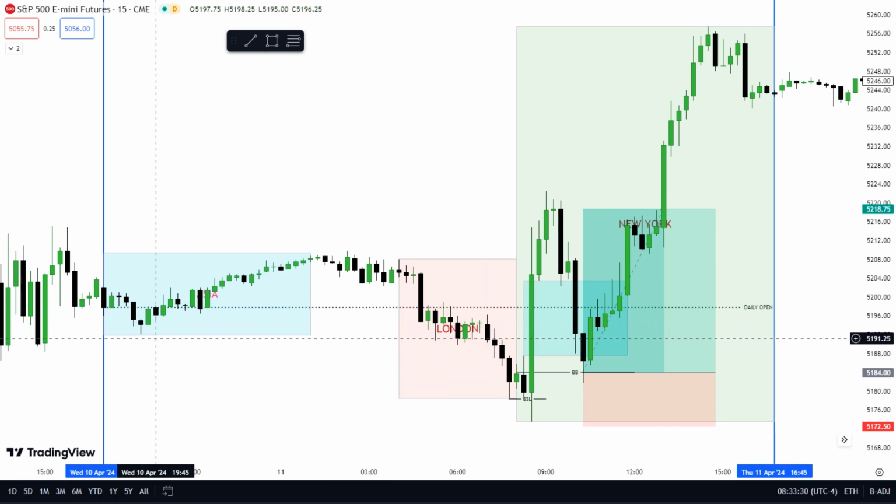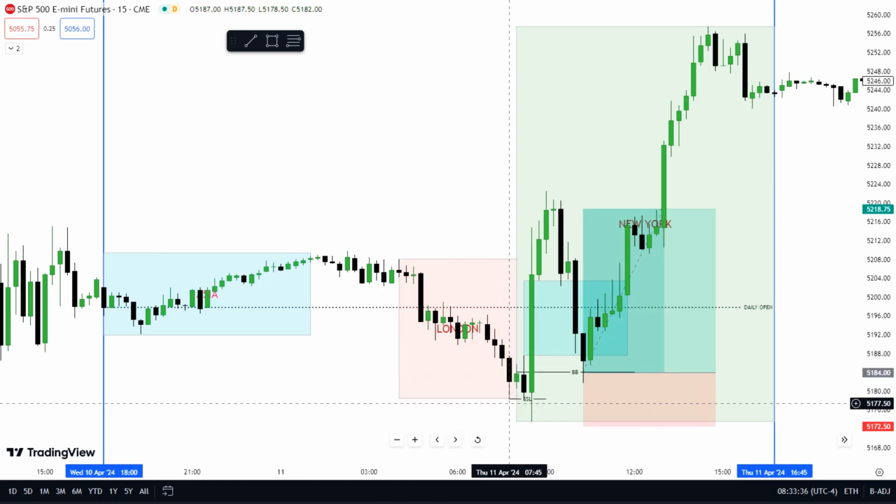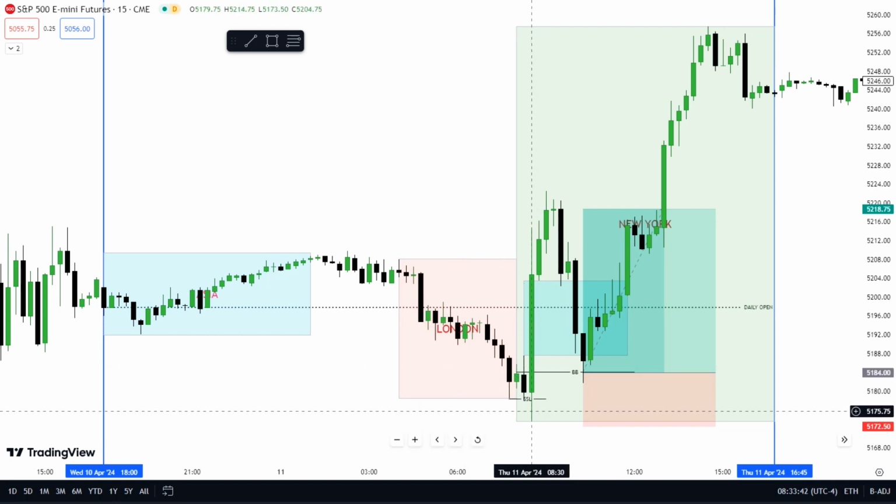You don't have to look for this low to draw your sell side liquidity. No, you draw the nearest sell side liquidity. I just decided to use the London session. Okay, as you can see,